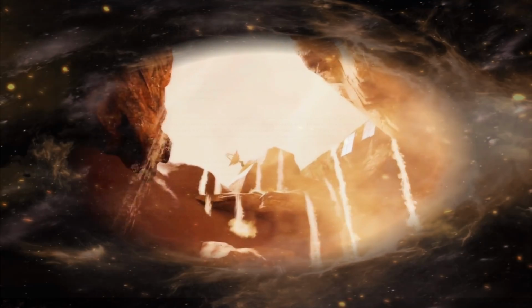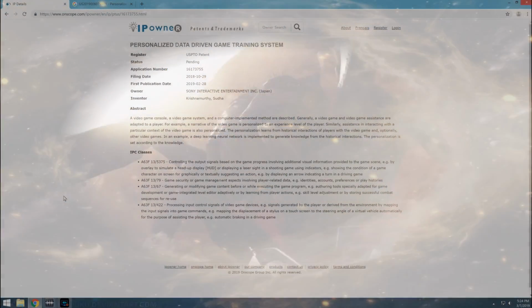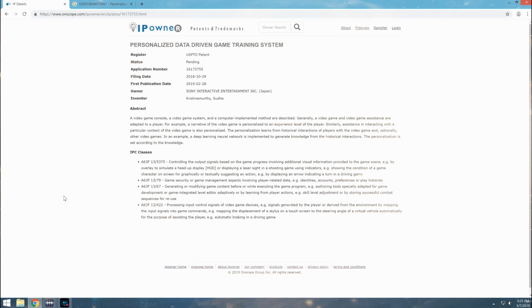And we're gonna start our adventure right here. This is the star of today's video, and this is the patent that we're gonna be breaking down. You can see this patent was filed originally in October of 2018. I didn't notice it until now because, like I said, Sony has hundreds if not thousands of technology patents alone,